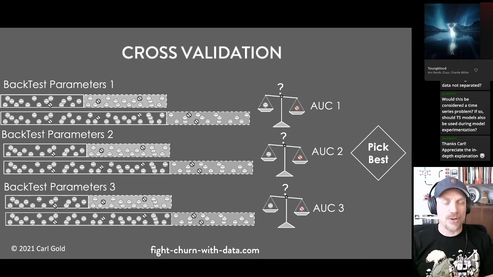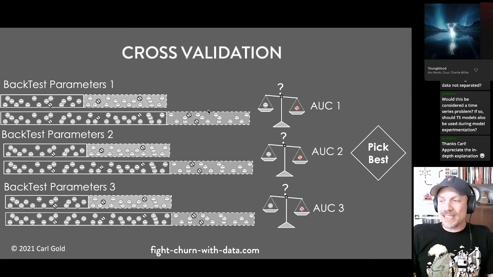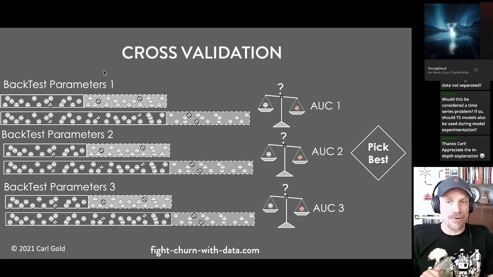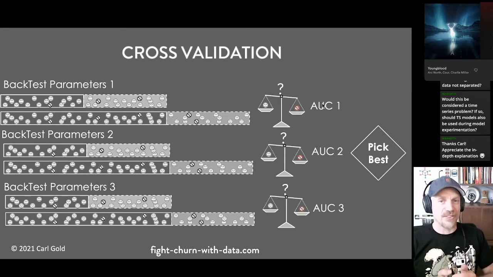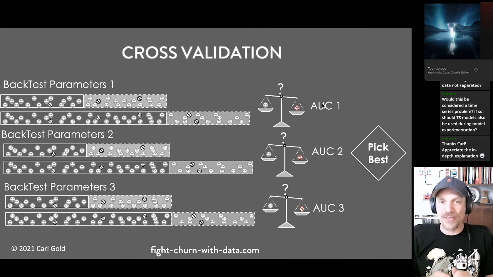Now, changing parameters like that will improve the performance of XGBoost. And if you're a data scientist or statistician, you're already familiar with this, but I'm going through it anyway, for those of you who don't know. So this is an example of how you cross-validate. You do multiple backtests with different parameters, and then you look at which one had the best AUC and predicted the best. So that's where this is all going, actually. When you use an XGBoost model, you really want to do cross-validation. And when you're using XGBoost for churn, you want to cross-validate using time series cross-validation or backtesting.